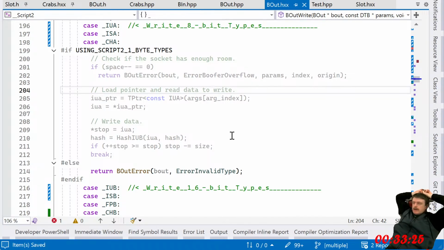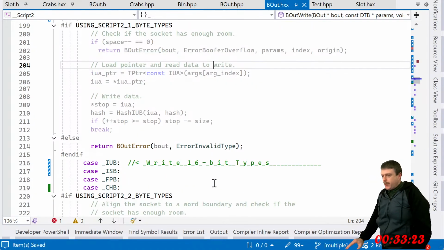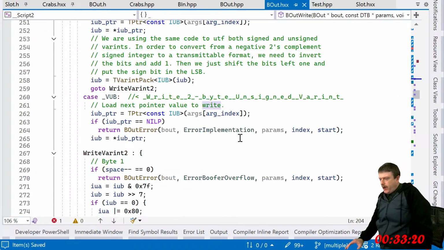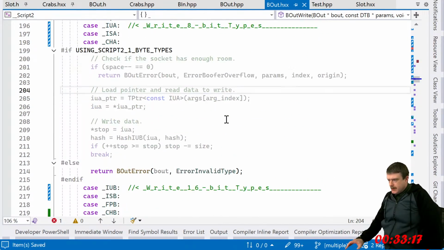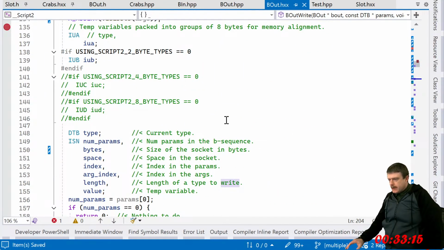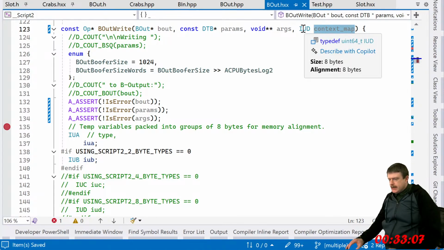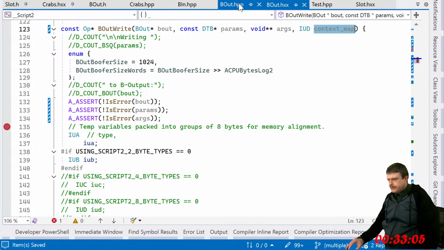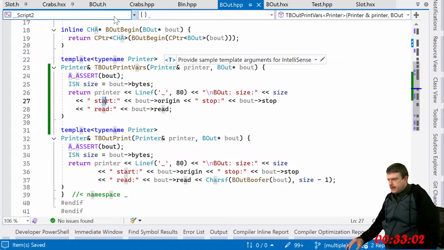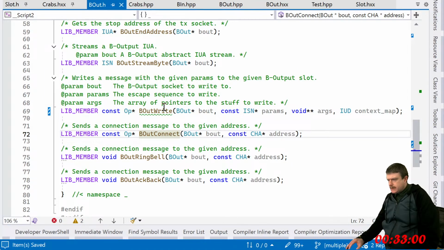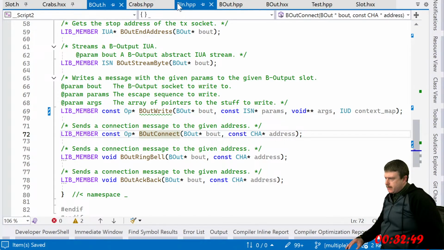Some of the best work I've gotten done on this in a while. Still not getting that much progress, but it's just been rough, dude, trying to get back into this. I just stared at it for days, like, what the heck? So the context map, what is that? Wasn't there an error in one of the headers? Oh yeah, this one. What is this? Right, so I got to op right. Isn't void art context map?